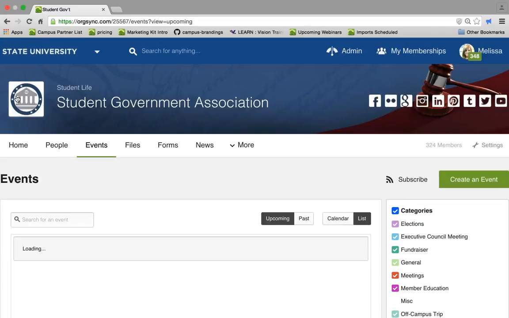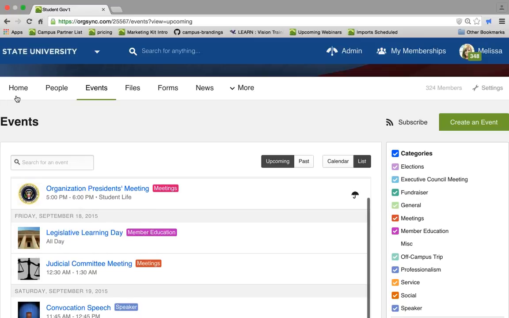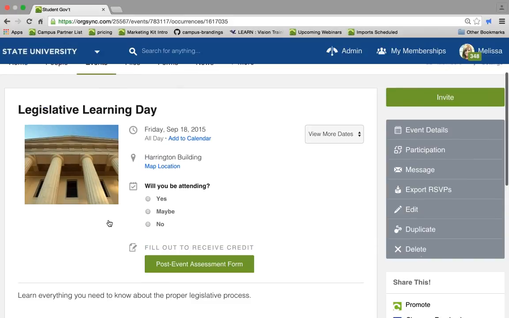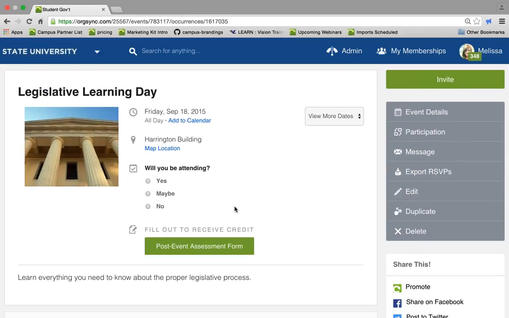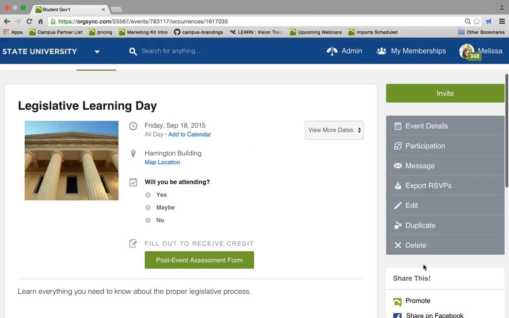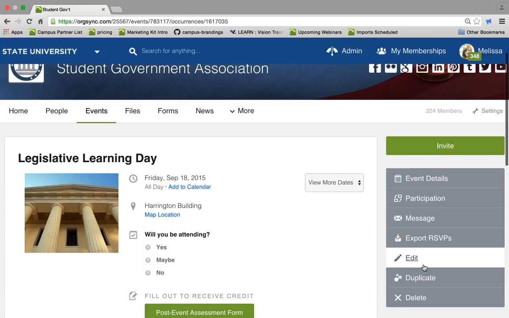Once an event has been created, you'll see it here in a list. And I can see the Legislative Learning Day. I can take a look at the more information about that. And you have a couple of other options here. I have to fill out a form to receive credit. I can RSVP for this event. As an admin, you're also able to invite people to the event. But one thing I want to highlight here is you have the ability to share a URL. So if you do create the event and you're using another tool besides